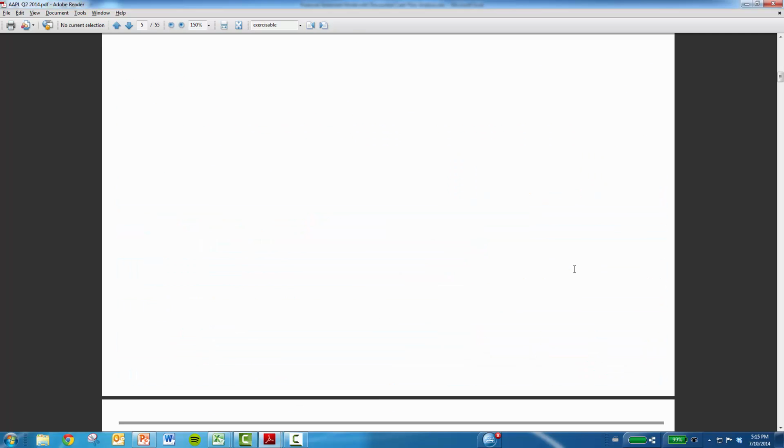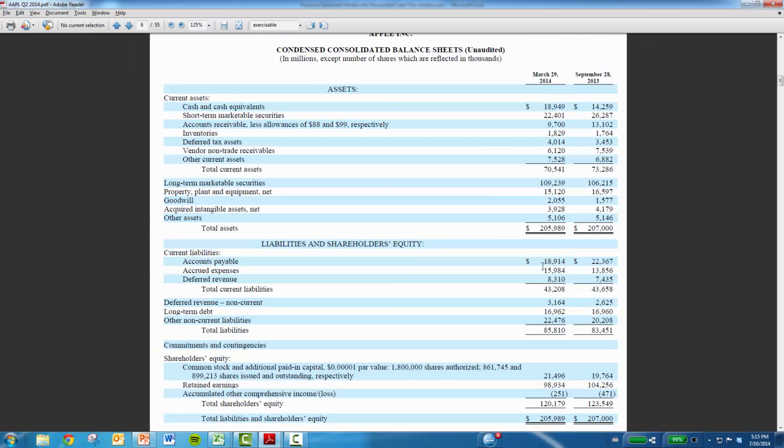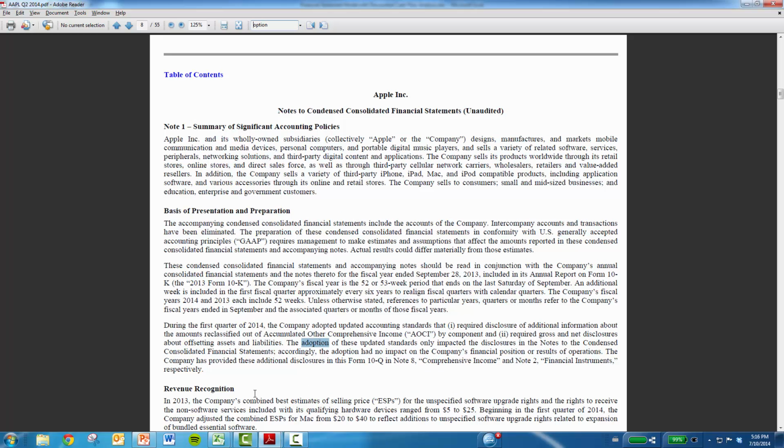In the 10Q, the financials are usually front and center, so it's in the first couple of pages. So here, for Apple, if you recall from the financial statement modeling course, there's no real preferred stock. Apple doesn't have preferred stock. They don't have any convertible debt. So there's nothing that jumps out at you as potentially dilutive that isn't common stock. But I do want to mention at this point